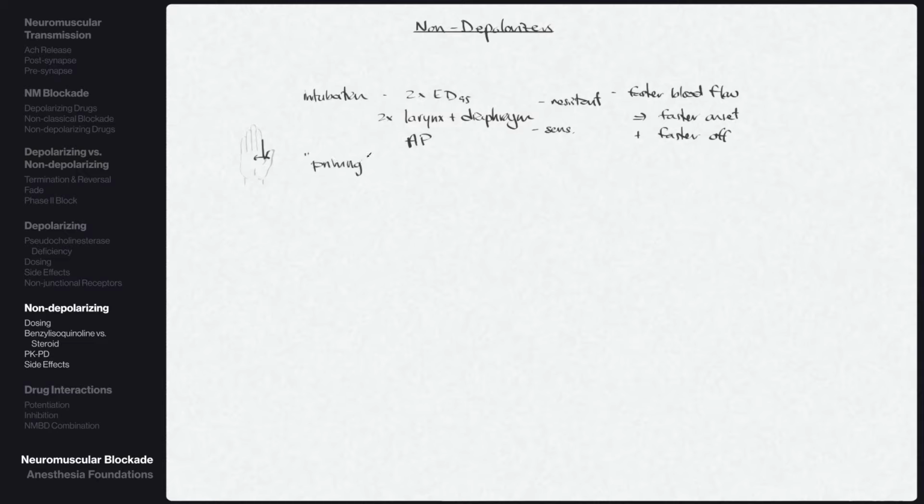And so priming is this concept that we can potentially give a small amount of neuromuscular blocker ahead of time, and when we then give our full dose, maybe 3, 4, 5 minutes later, we end up finding a faster onset. And so this dose is about 10 to 15% of the normal intubating dose. And so the concept is that we may have multiple